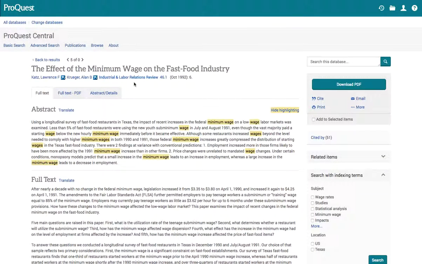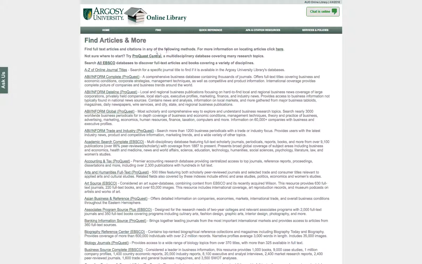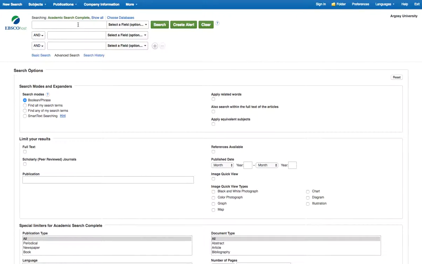Now, there you go. That's basically how you use ProQuest, but I'm going to walk you very quickly through EBSCO to show you that it's very similar. It looks different, but the process is fundamentally the same. Let's type minimum wage, and then we will limit this. Down here we can see full text, scholarly peer-reviewed journals, click search,